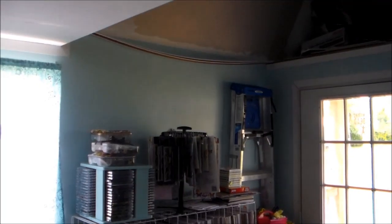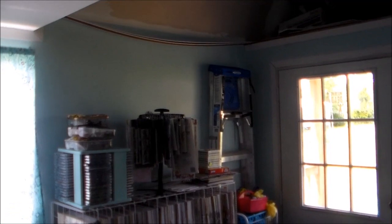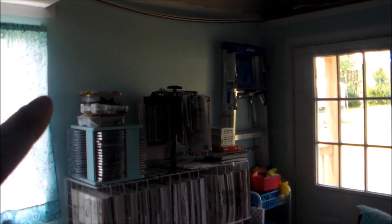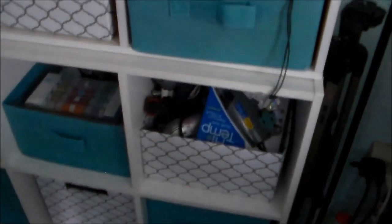Yeah, I decided to start putting them on there because over here, see that spindle thing over there? It's full. So I think I said last time that I'm really not liking that thing anymore. But I'm not gonna mess with it. I don't feel like being bothered with it. I mean, because if I take it down, I'm gonna have to find somewhere to put it. So this is where my sequins, and I think it's some bling, and I think also I got my